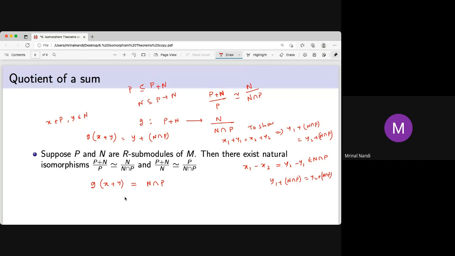Now by definition, what is this? By definition, what is this? So this is this. By definition, the x plus y is this, and if they map to the same 0 element, that means your y is in this. So once y is in this, that means y is in P, and since y is in P, that